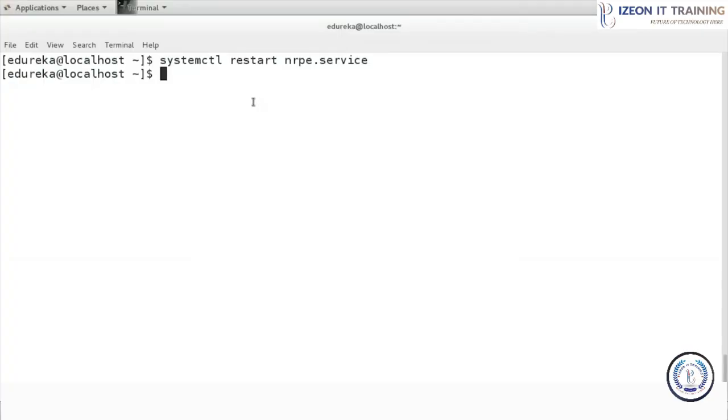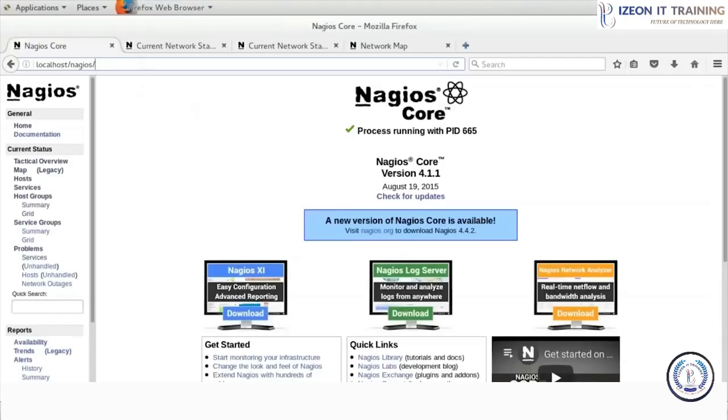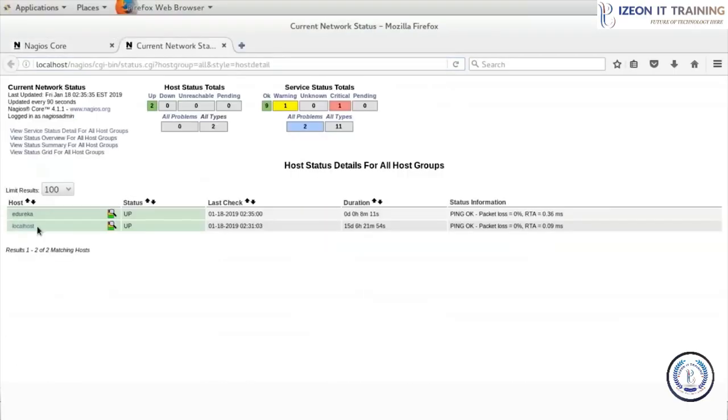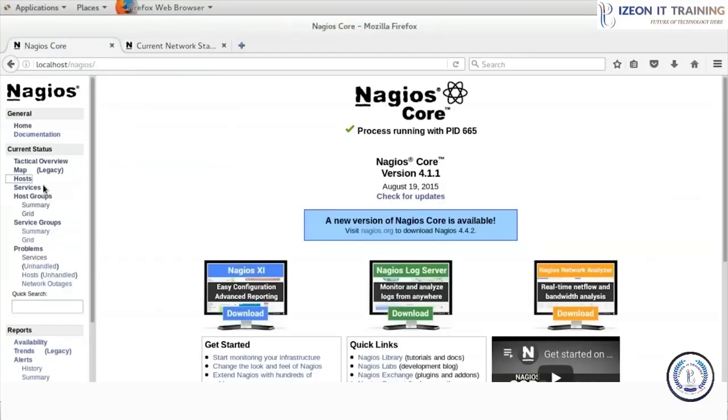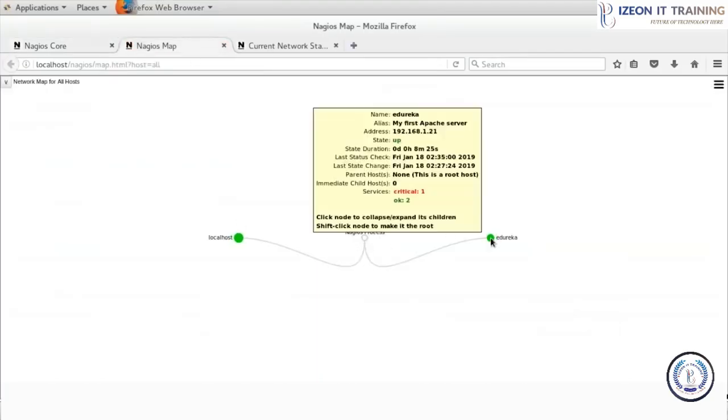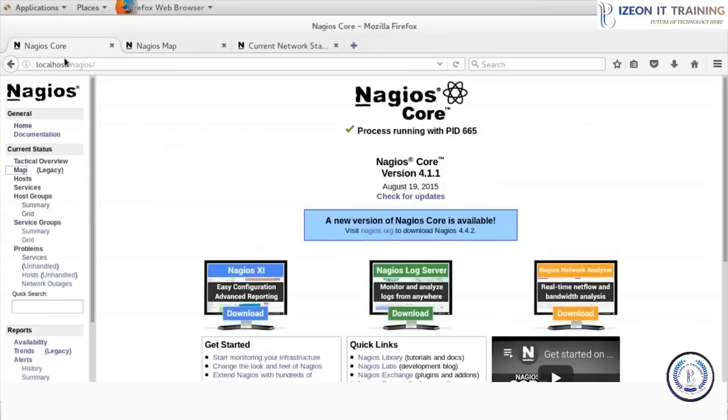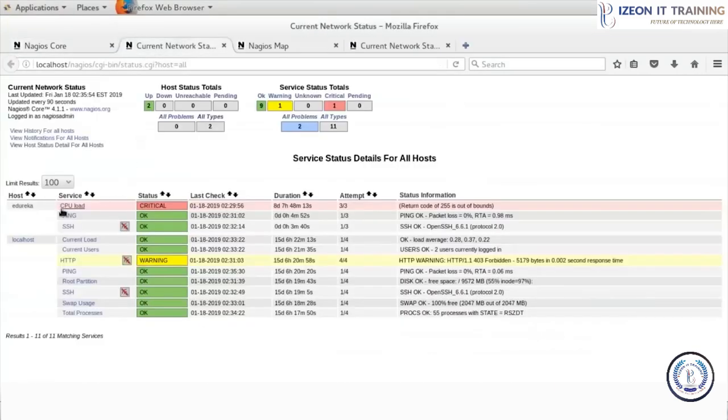Let me just show you how my Nagios dashboard looks like in my server. Now this is my dashboard again. If I go to my host tab, you can see that we are monitoring two hosts, edureka and localhost. Edureka is the one which I just showed you, which is up and running, right? I can go ahead and check out this map, legacy map view as well, which basically tells me that my Edureka is a remote host. Then also I have various services that I'm monitoring. So if you remember, I was monitoring CPU load, ping, and SSH, which you can